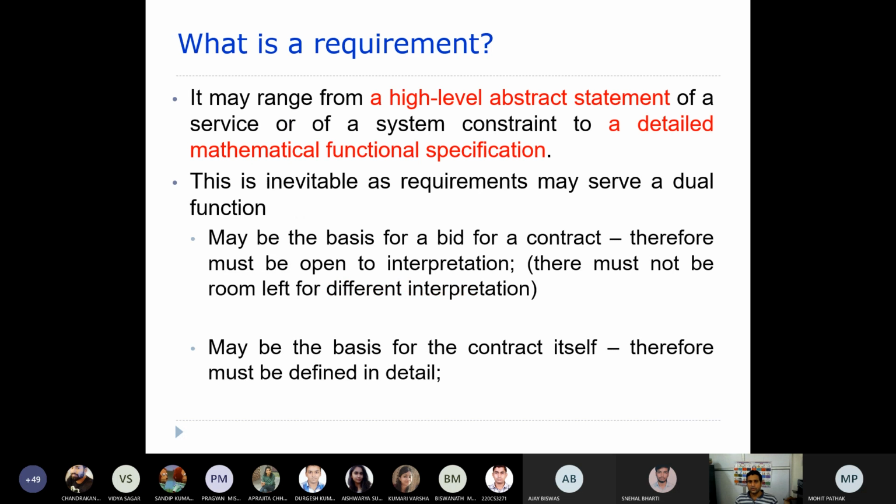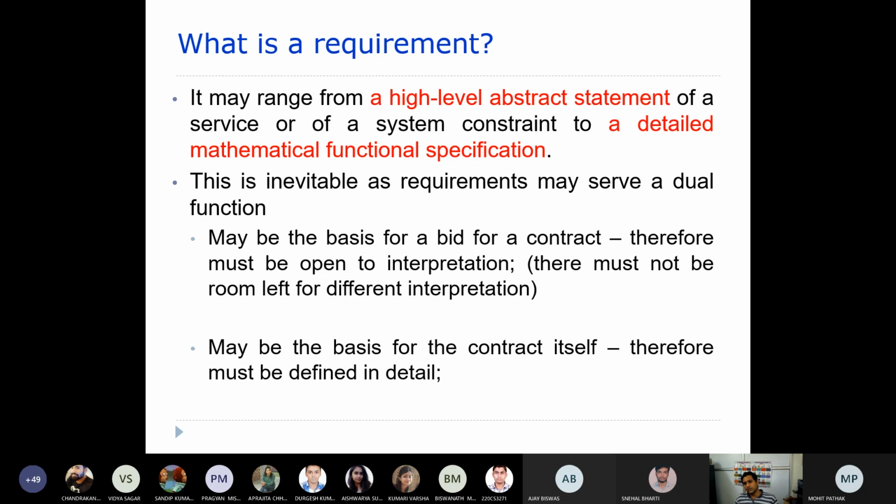So what is a requirement actually? A requirement is a high level abstract statement of a service or system constraint, as I told you. So services and constraints, right? It can be a high level abstract statement, or it can be a detailed mathematical functional specification. That means the same statement can be specified using some mathematical approach.